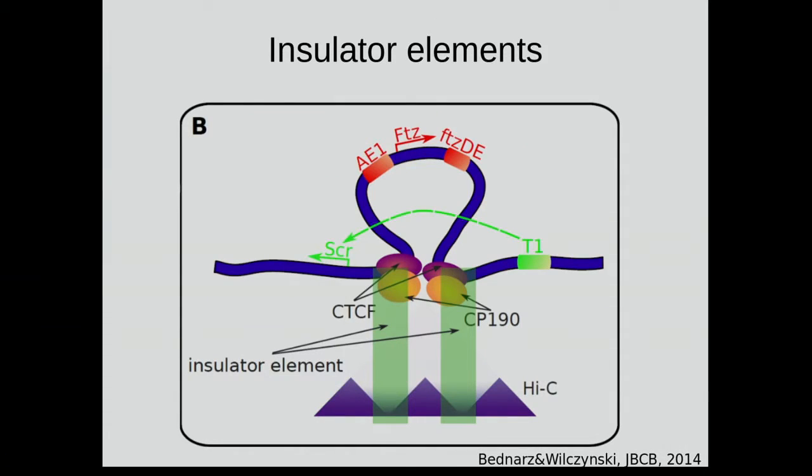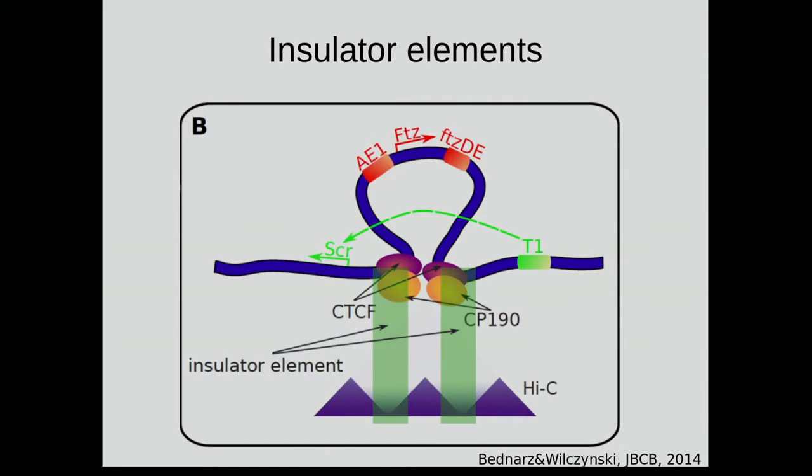So the important thing that was already mentioned here several times is these boundary elements. One of the things is they somehow end up recruiting a number of different proteins which help them mediate these functions. We've heard from Leonid about the loop extrusion, and there's a lot of discussion in the field about how exactly this is working. We don't have exact ways to look at this, but one of the things that is clear is that they